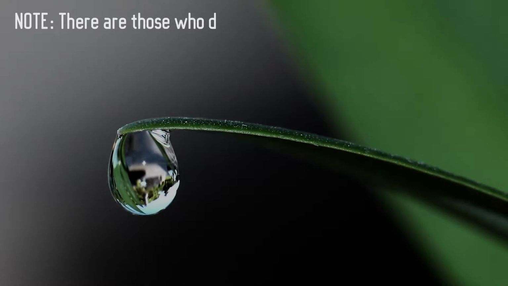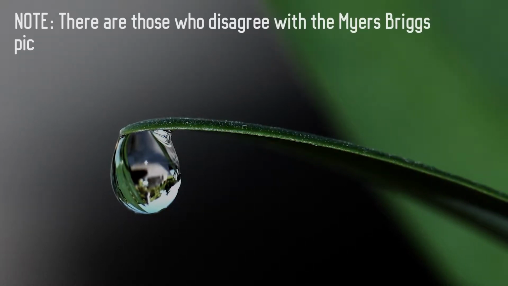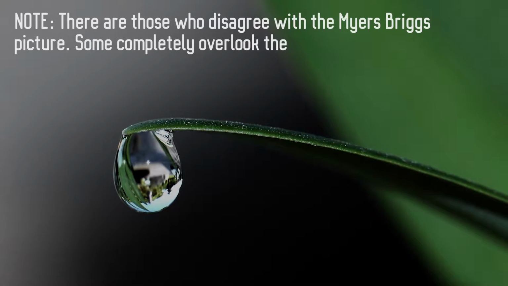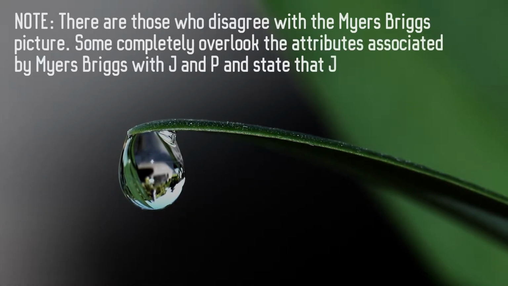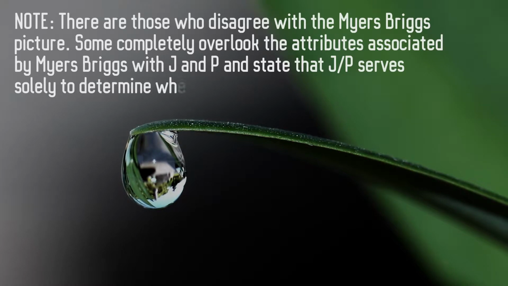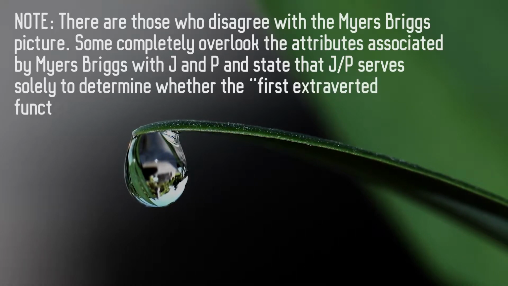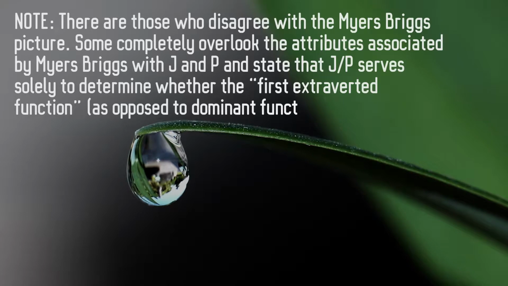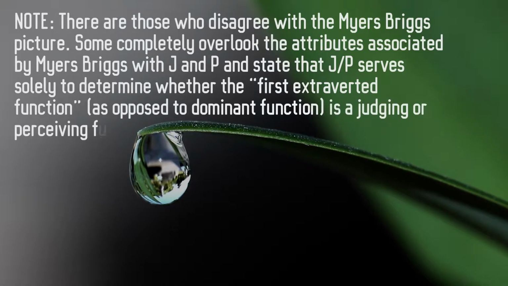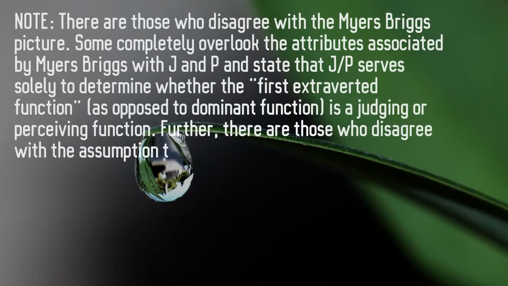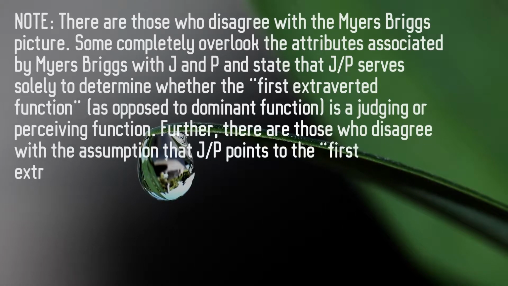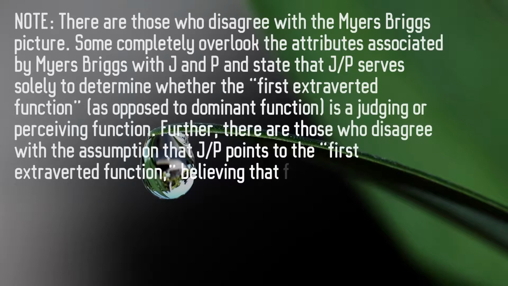Note: there are those who disagree with the Myers-Briggs picture. Some completely overlook the attributes associated by Myers-Briggs with J and P, and state that J/P serves solely to determine whether the, quote, first extroverted function, as opposed to dominant function, is a judging or perceiving function. Further, there are those who disagree with the assumption that J/P points to the, quote, first extroverted function, believing that